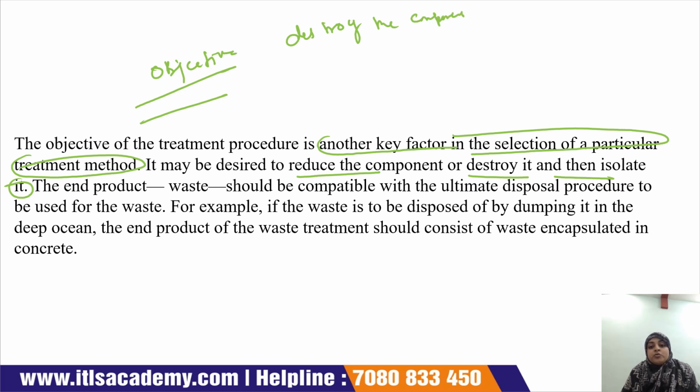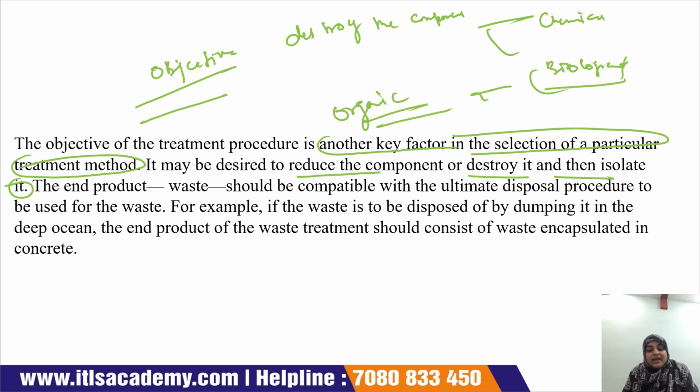then we choose either a chemical method or a biological method. If organic waste is present, then we choose a biological method, and if we have to reduce the amount of the component, then we choose a physical method. Physical method in case of reducing the amount. Okay, the end product